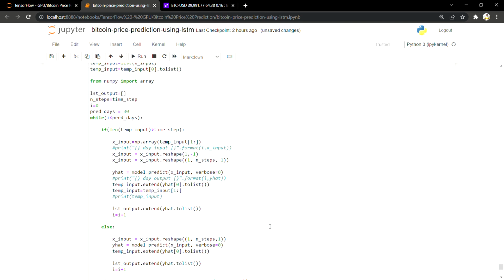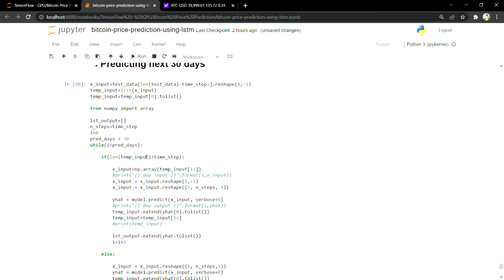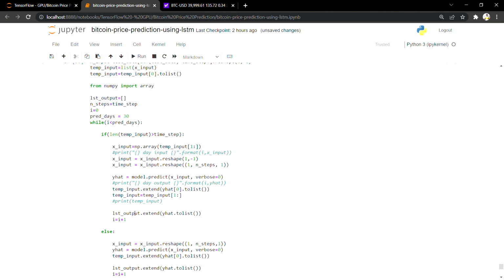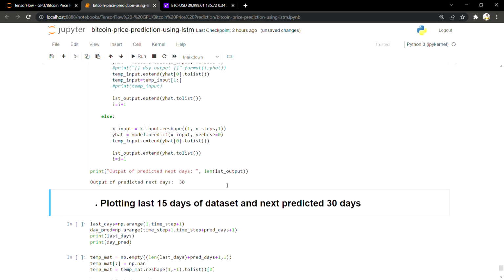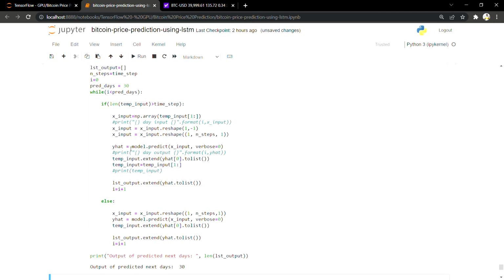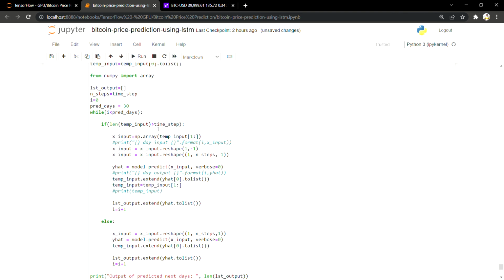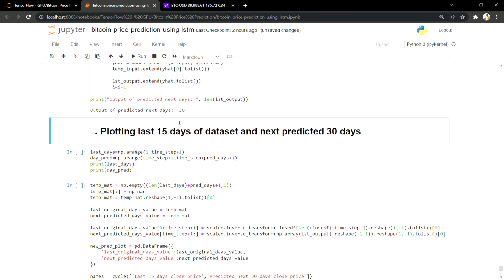We'll create X input, and we'll give just the test data and the length of it. From that we'll create an array for the timestamp. We'll set the predicted days as 30 since we want 30 days, and we'll just print it. We'll also reshape it and give the prediction for the 15 and the 30 days. We'll create the timestamp of 15 as well as 30 days. Here y hat is equal to model dot predict. Our input would be the sequence that we have created,